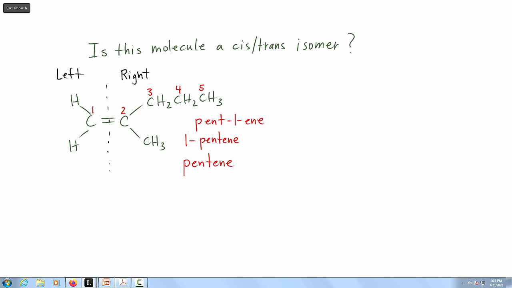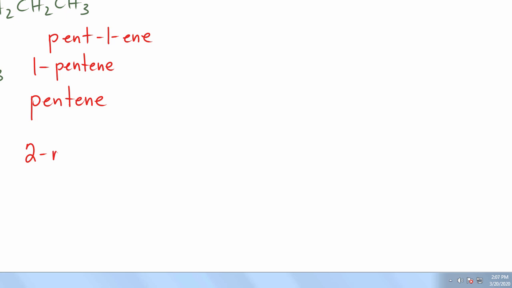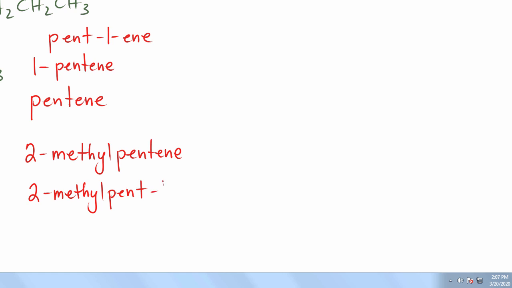Okay? So what we have is a 2-methyl pentene. The CH3 group is coming off of 2, and we call this 2-methylpentene. All right, we could also call it 2-methylpent-1-ene. Okay, now how would we draw this